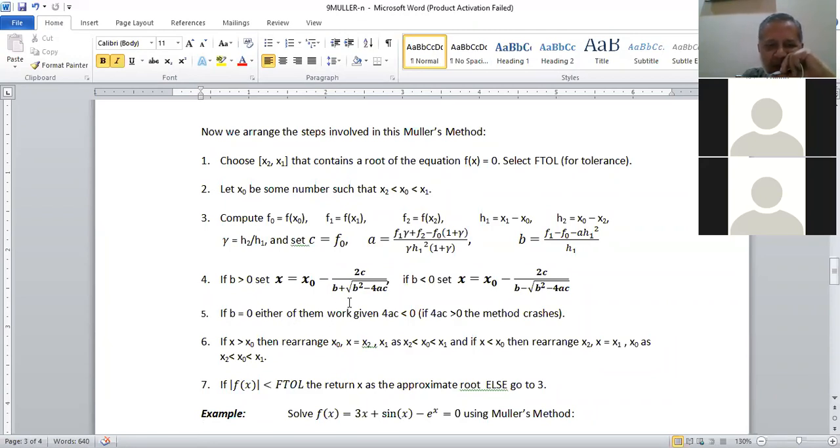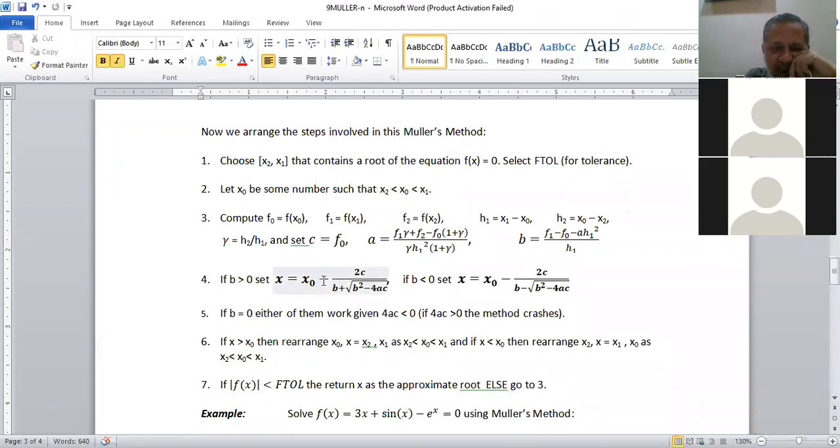In either form, when b is equal to 0, 4ac may be negative. But if 4ac is positive, the method crashes down. Because अगर 4ac पॉजिटिव आया और b 0 है तो अंडर रूट के अंदर नेगेटिव नंबर आ जाएगा, जिससे प्रोसेस क्रैश कर जाएगा. If the process does not crash down even with b equal to 0, or if b was not 0,